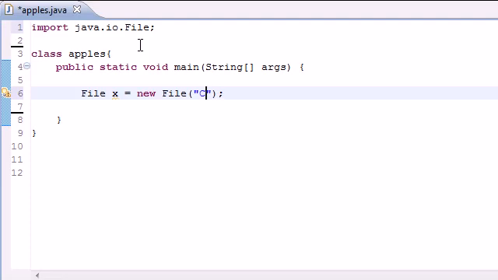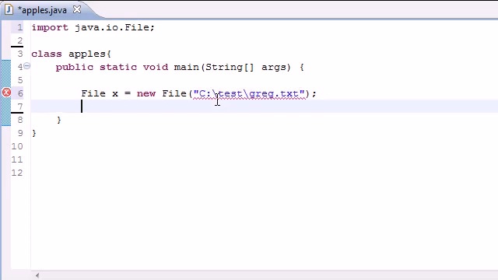Capitalize your directory, whatever it is. I'll show you guys. Test is in the directory, and I have a file named greg.txt right there. So normally this would work, and that's a valid path name, but the thing is, when we're